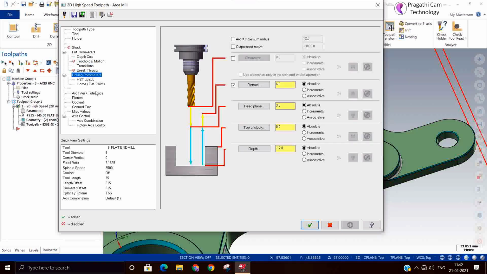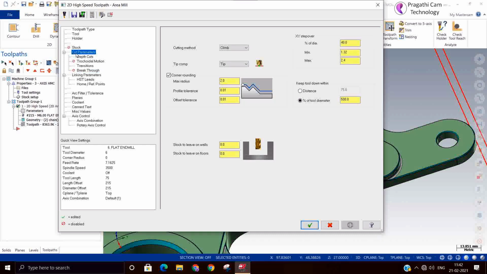So these are the small changes between the dynamic toolpath and hard material. For hard material, we can utilize the area mill.